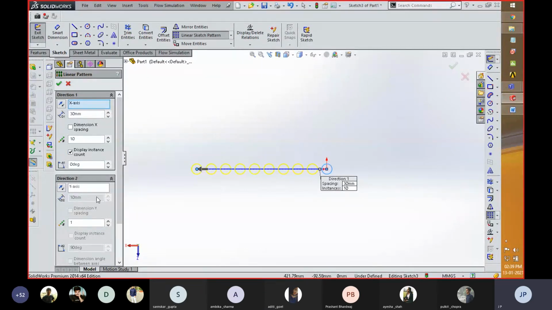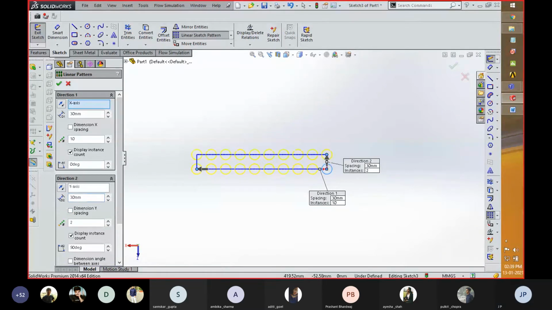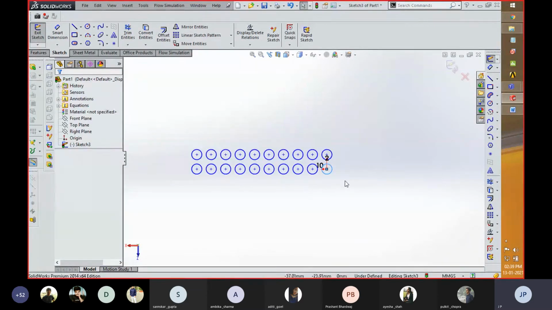And if you want to increase this value in other directions, you just have to increase the value by 2. Set the distance between the circles created on the other side, and fill a value of 30 millimeter. In such a manner, you can create multiple copies of any component as per requirement. You can see that we got a number of circles as per our requirement.